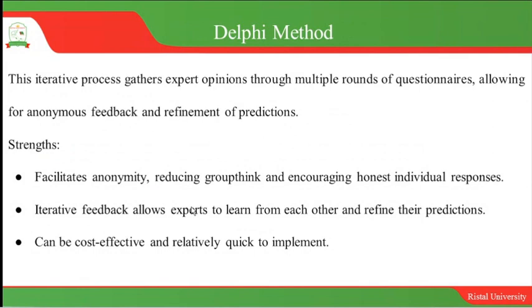So key to note when we are using the Delphi method, there is the introduction of questionnaires, and also allowing for anonymous feedback, because if we want to get very critical information, we may not necessarily need to know your names in the questionnaires. That's why we are saying they allow